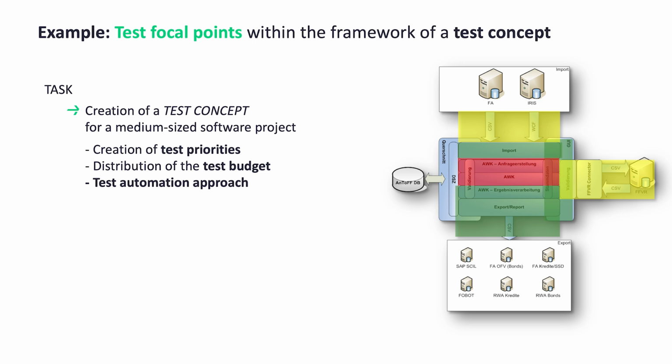The first example is about defining the test strategy for a medium-sized development project. The task was to define the test priorities and allocate the available test budget accordingly. The approach for test automation was also to be determined. In technical terms, the project involved the creation of a system for the automated valuation of securities portfolios at a bank. Using a complex set of rules, the system evaluates the probability of securities in the portfolios defaulting, i.e., not